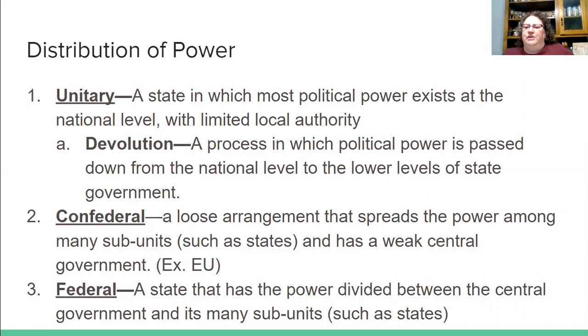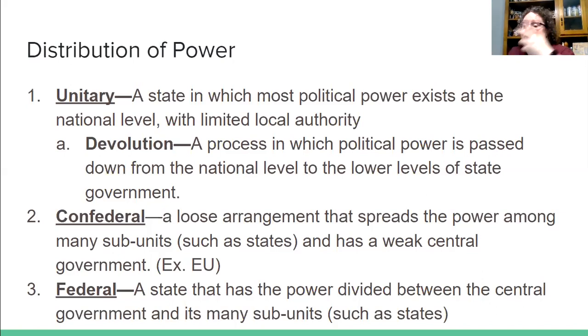But we want to focus on unitary and federal because that's what our CG6 are. And that's what most countries in the world actually are, unitary. So it's actually not truly representative of our CG6 to have 3 and 3, 50% that are one. When we think about why you would want to be unitary, why you would want to be federal, we're going to start looking at those differences. Remember that federal is going to work often better in larger republics and also places that are more diverse.